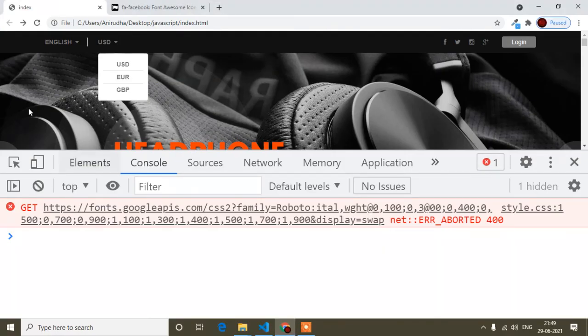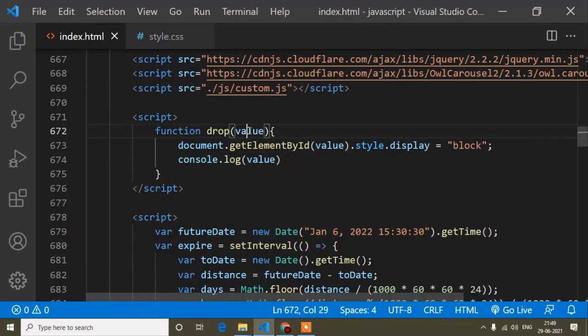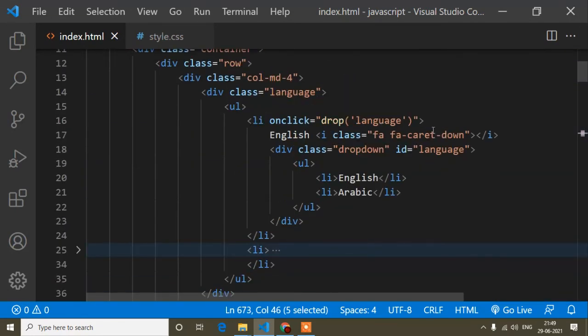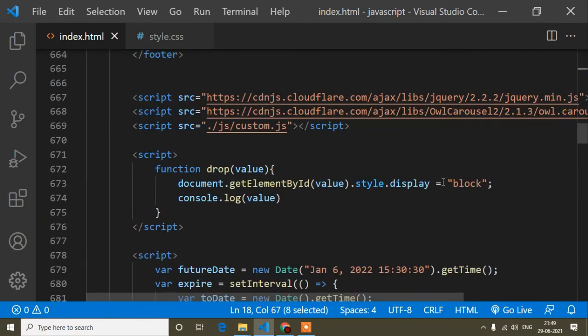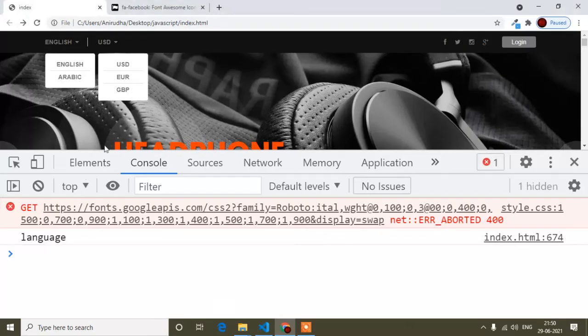So what will happen if I refresh? You will find when I click, it opens, because when I'm clicking I'm getting the value, and in the id I'm getting the value, and the value means here I have passed language, and language is also our id name. So actually I'm getting our id name, and on the id I'm doing style.display block. Block means it's showing.